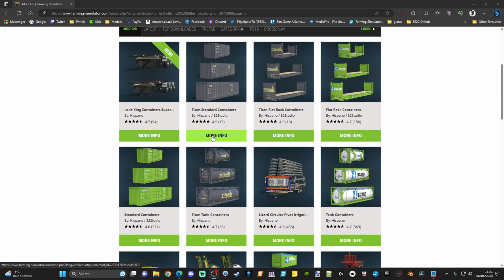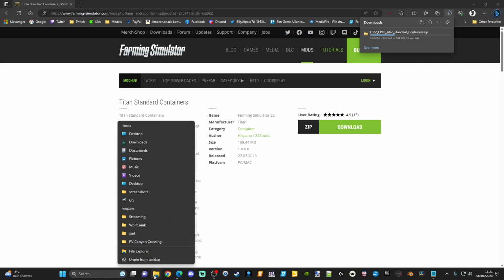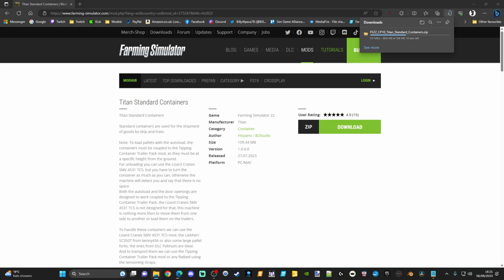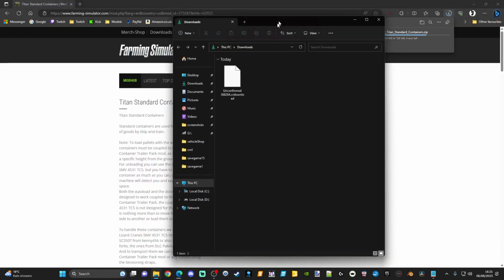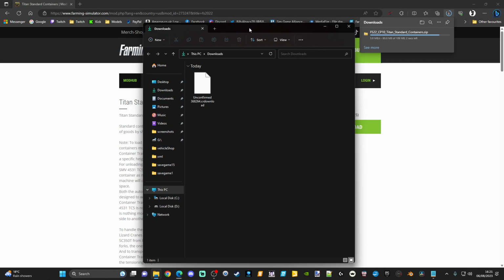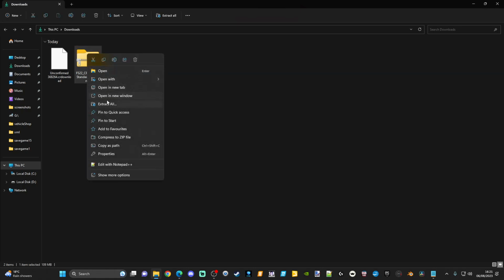Now, what I do is come in here, we'll download that. I'll give that a second to download. Let me open my download folder. There we go. And it is a really simple edit to do. Now, if you use any of these packs on a normal map or a modded map, what you'll probably find if you load up your log file, there'll be a load of warnings, and I'll show you exactly why. So if we extract this,